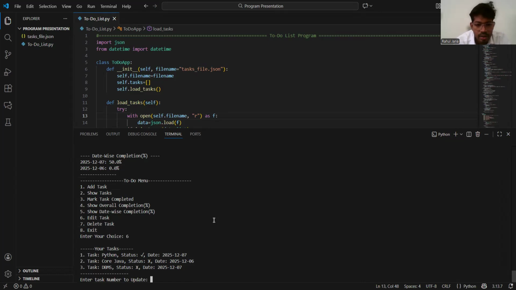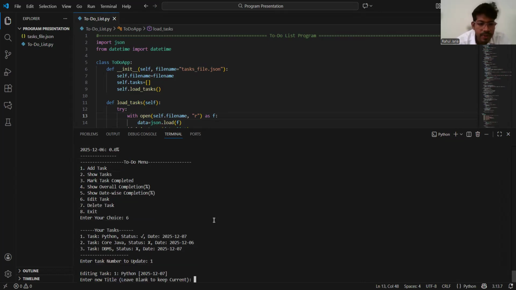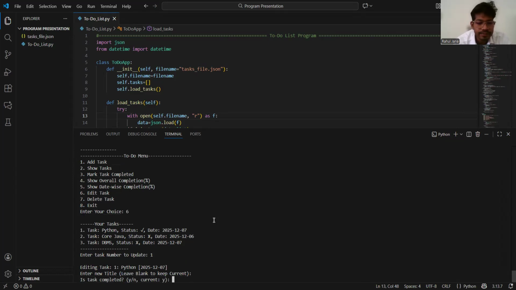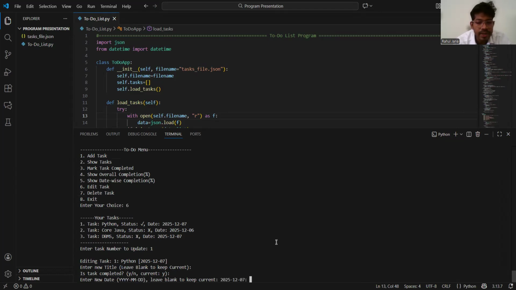Now I am giving option number 1. At first I changed the title, but here I will not change the title, it will remain the same. That's why I am giving it as blank. Then y or n, I also leave it blank. I only update the date. That's why I am giving 2025,